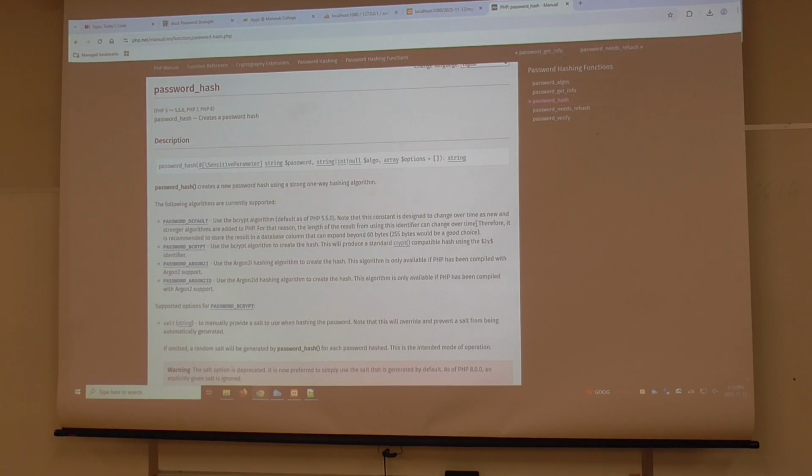So let me ask you a question. Does your organization require you to change passwords every so often? Yeah. Sometimes, some of them do, right? That is your opportunity to improve the hashing.